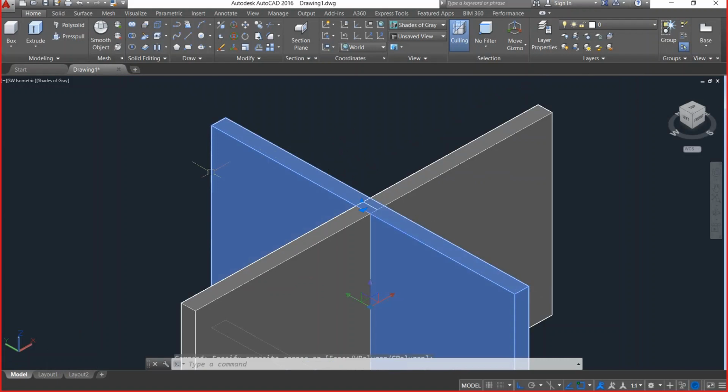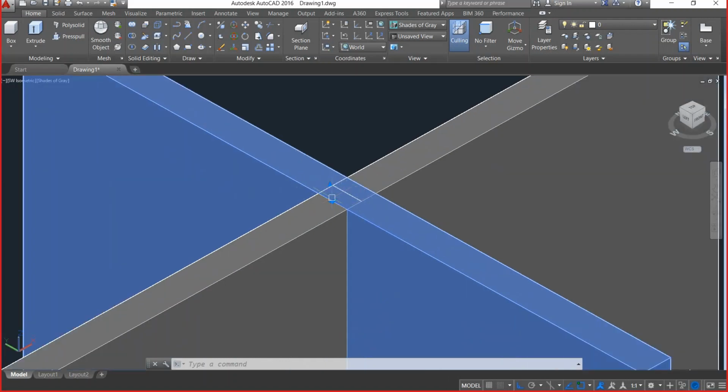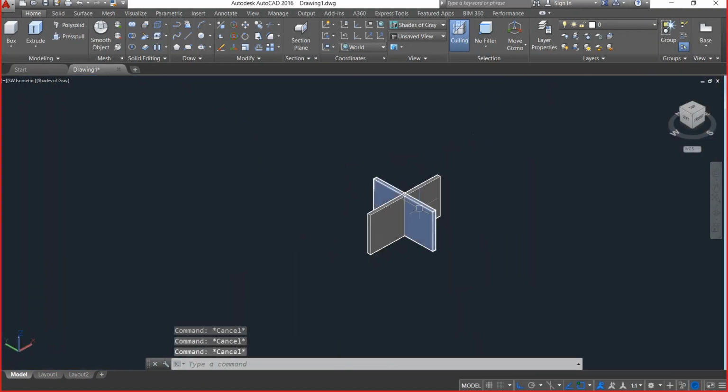This particular wall, the width over here in this area is overlapped by this wall and this wall as well, right?